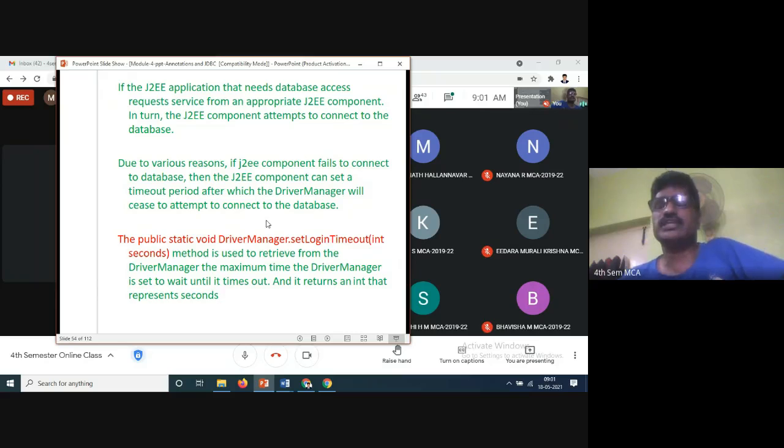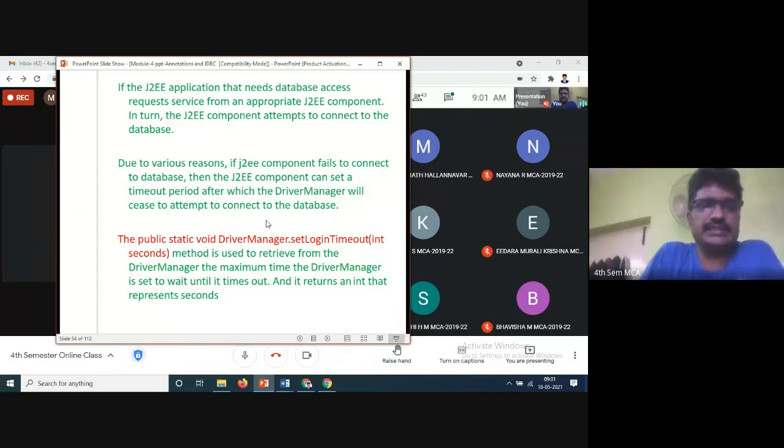So if the connection fails, the driver will be setting the timeout. So it is public static void DriverManager.setLoginTimeout.